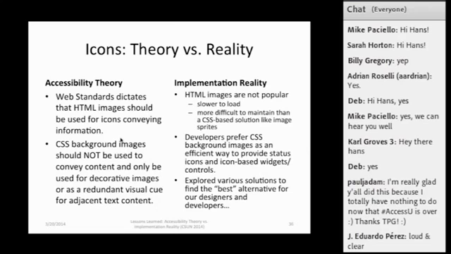So here are some examples of the issues that can occur when you use HTML images. Even when you follow the accessibility guidelines, so to speak, and you use an HTML image, there are still certain problems.